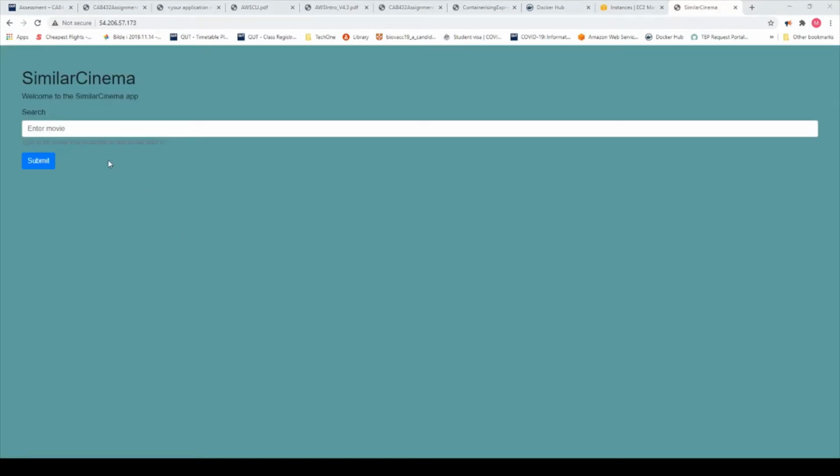So, lastly, I'm going to try to break my application, and there are a couple of ways I'm going to try to do that. The first one is just leaving the search field empty and then clicking submit, which, as you can see, does absolutely nothing, which is the way I want it. And the next thing I'm going to try is just typing in some random letters that isn't a movie title, and then clicking submit,